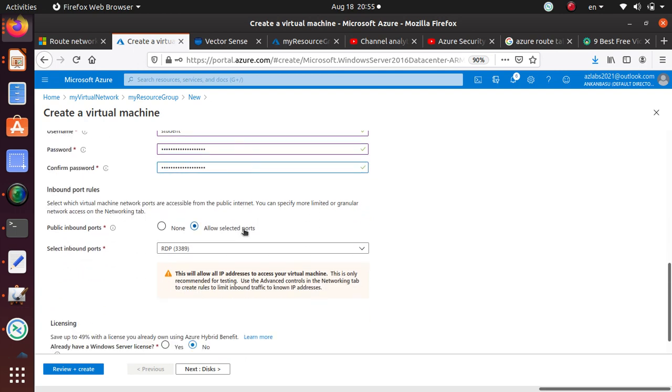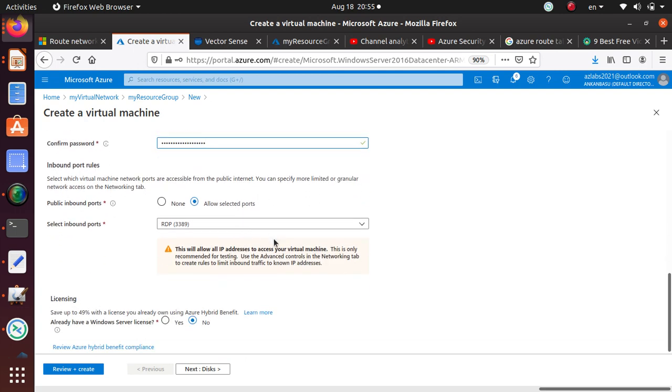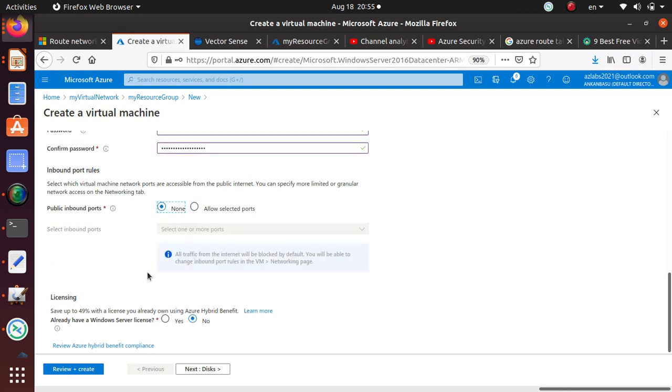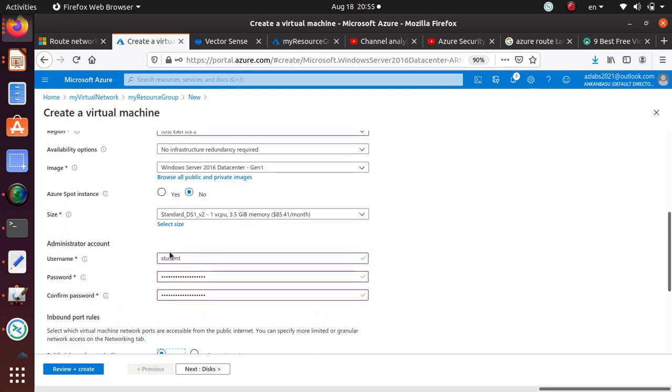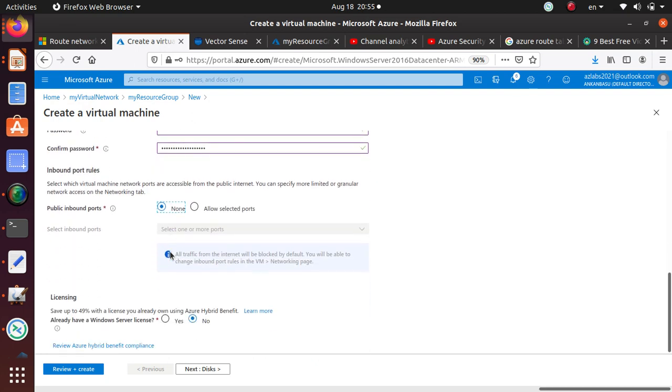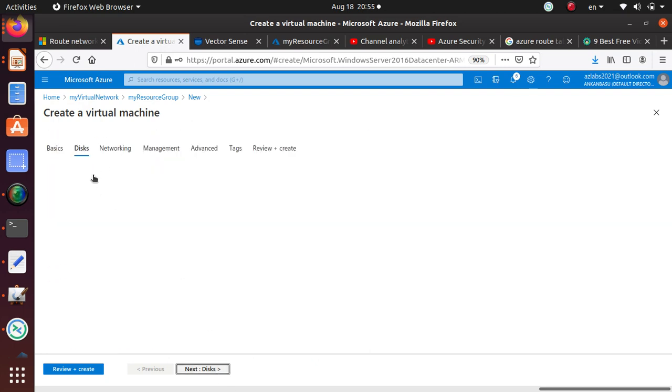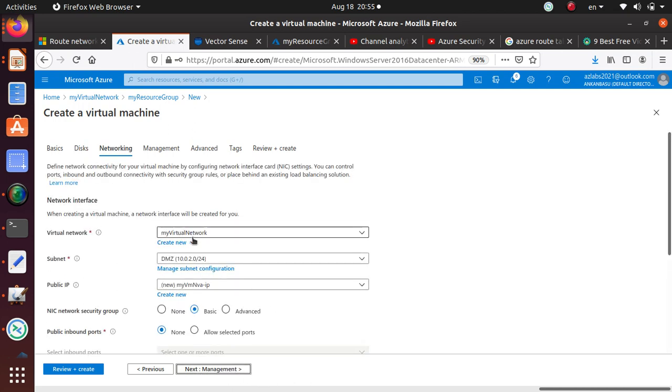I'm providing a password. Public inbound ports: the NVA does not need any public inbound ports, so I'm just going to close everything. And then go to the disk. We are not changing anything. Networking, for the NVA